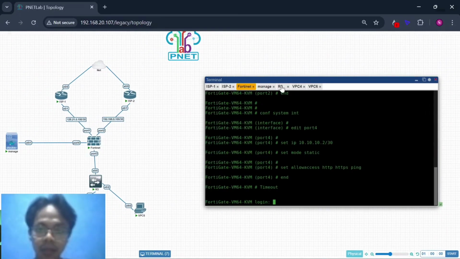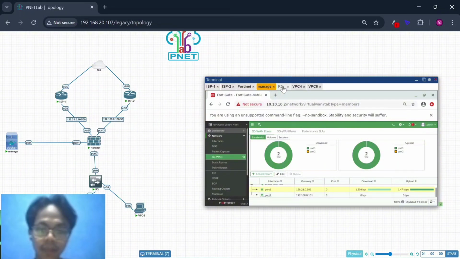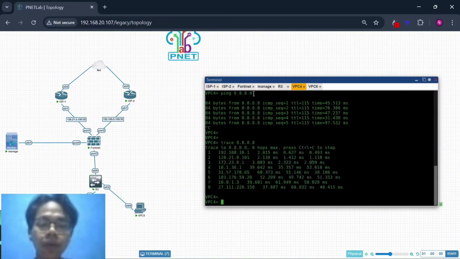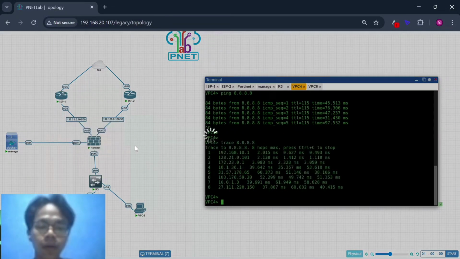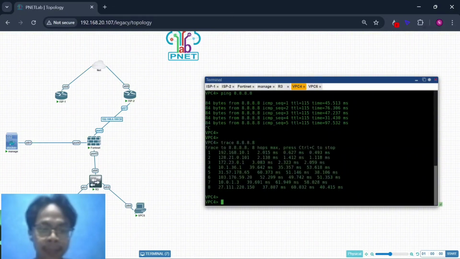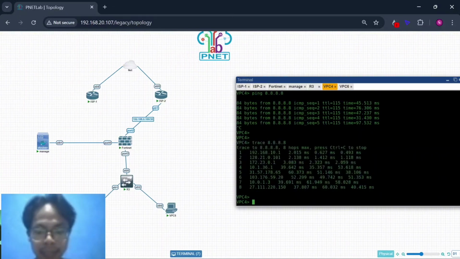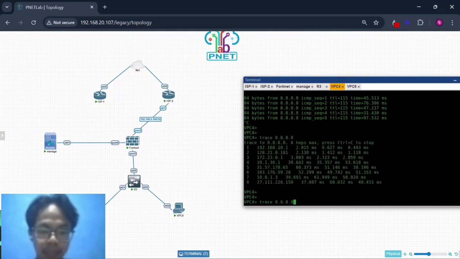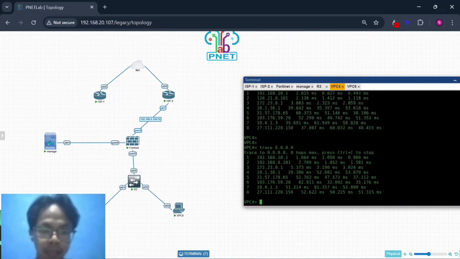Wait. If I delete this interface, this VPC can switch connection to SP2. Trace 8.8.8.8.